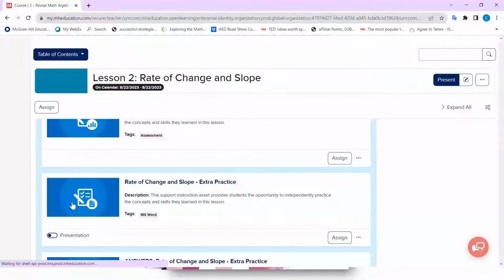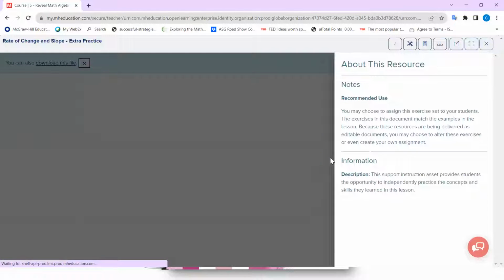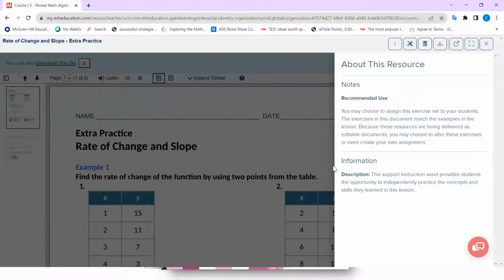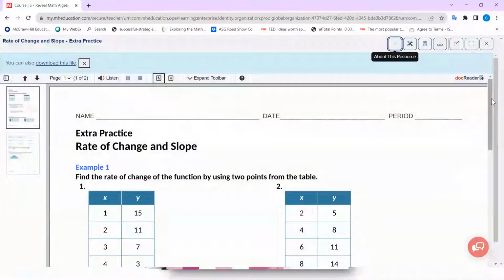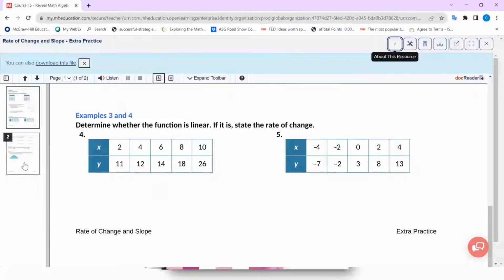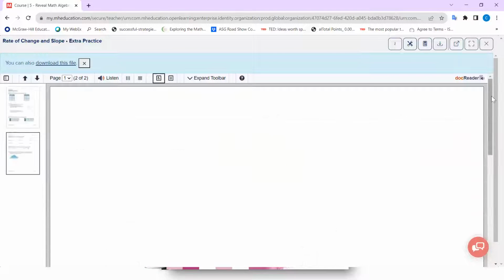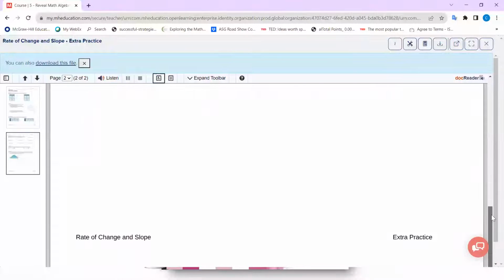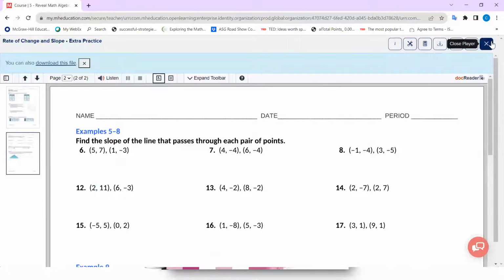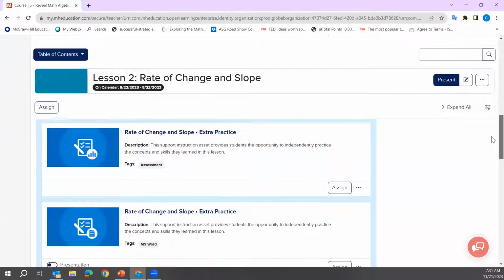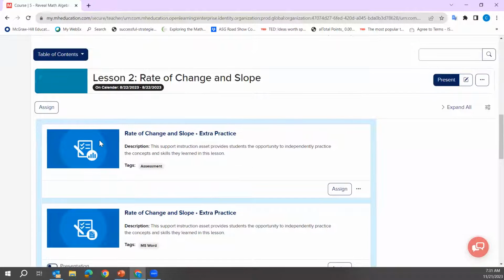And if you look at this extra practice, a lot of teachers have been telling me they've been using this for their guided notes. This is another excellent place because it goes through and shows which problems go with which examples. Now, if you look at the Word document, there's usually about 20 problems here in the extra practice. But if you go to the extra practice online,